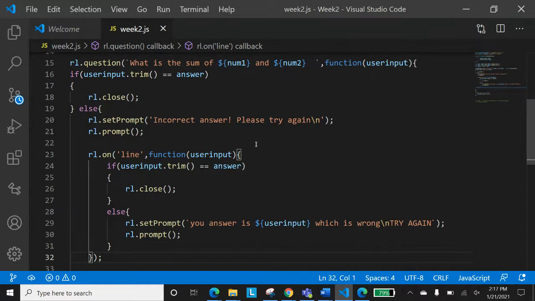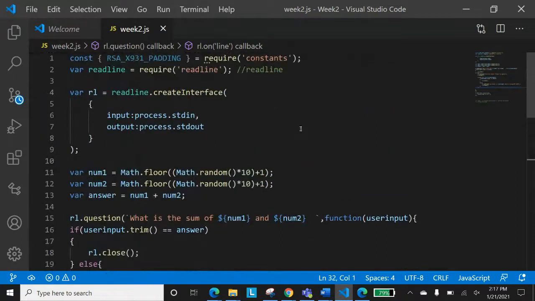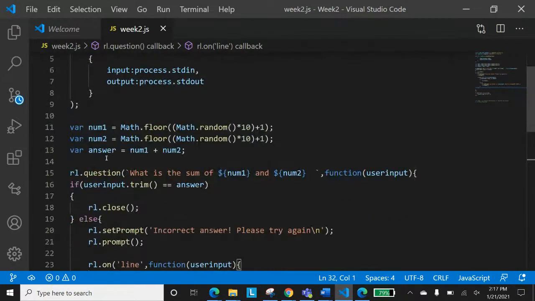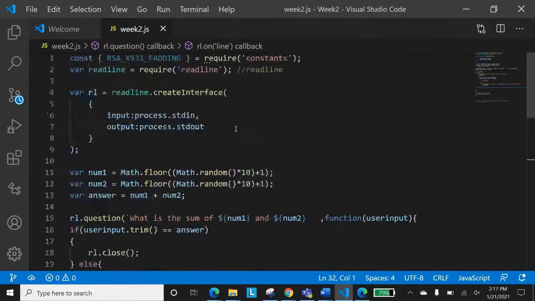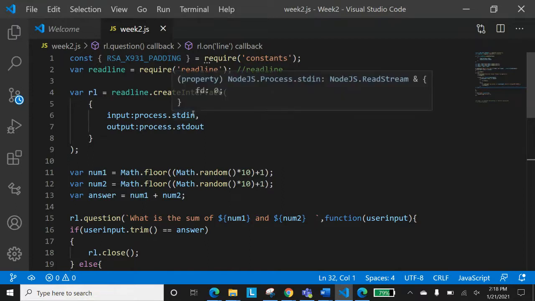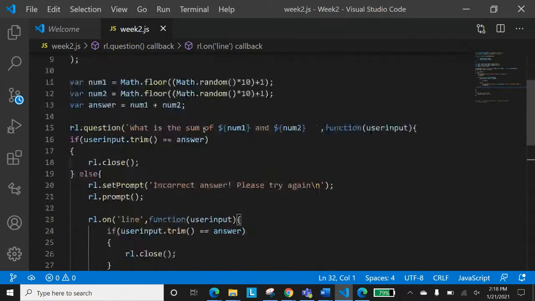Yeah. So here, let me just complete that. What we have done over here is that we have called readline. We have required this readline module, and in that readline we are basically calling that one, and after that we have created this num1 and num2 for that one.